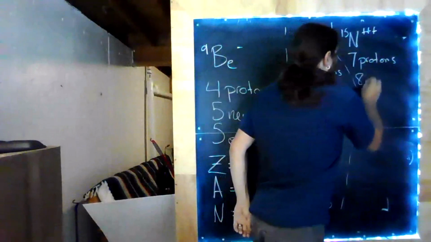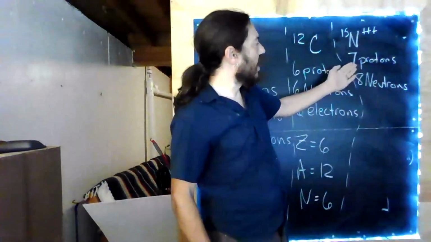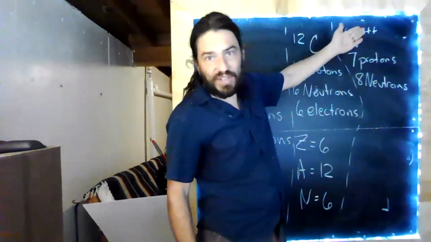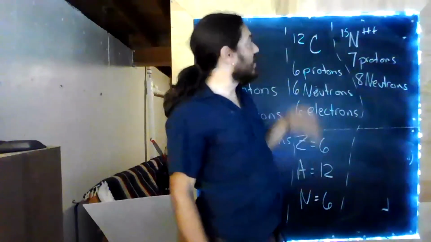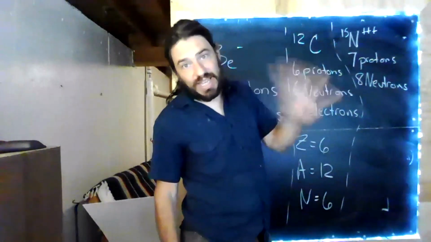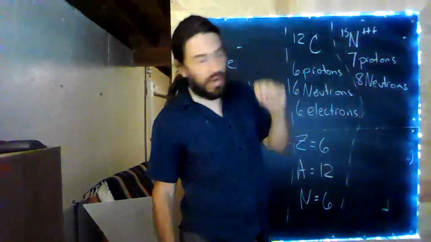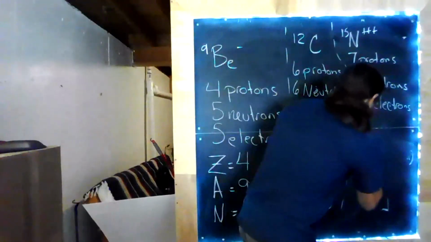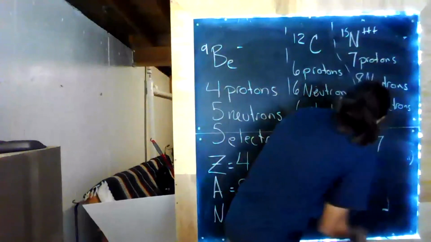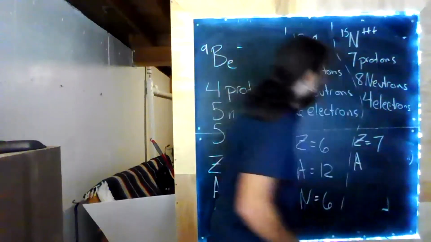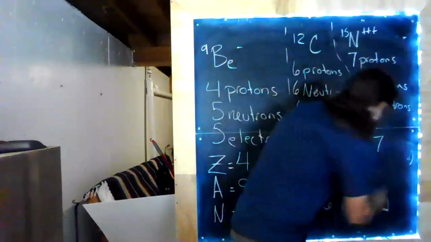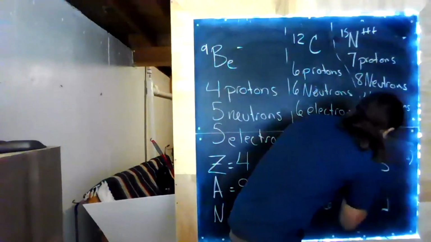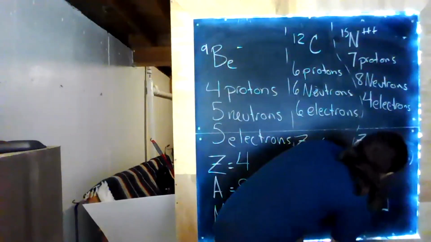Therefore, there is 8 neutrons. Ooh, if it was neutral, it would also have 7 electrons. It's not. It's triply charged, so it must only have 4 electrons. Great. What does this give us? This gives us Z of 7. A is 15. And N is